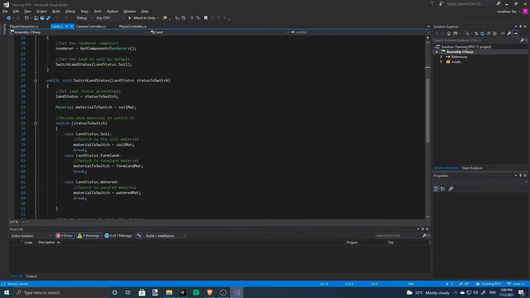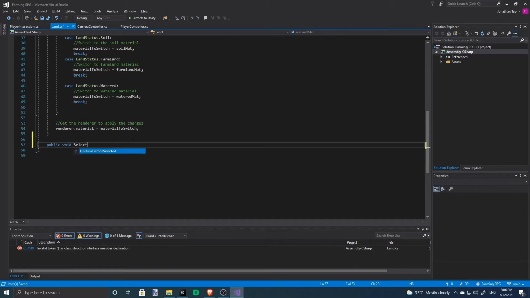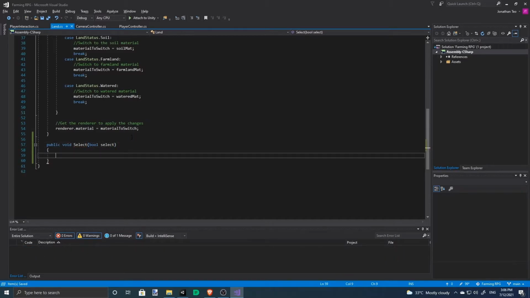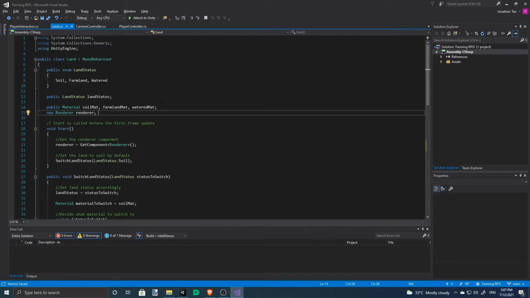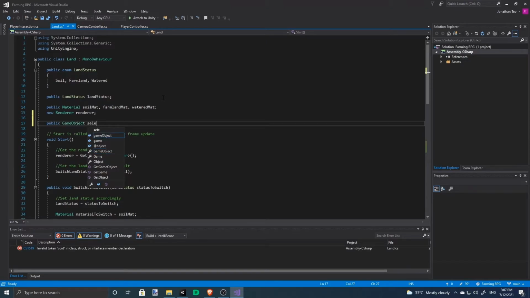So when the player selects the land, function for that, trying to get a way to access this. Select.